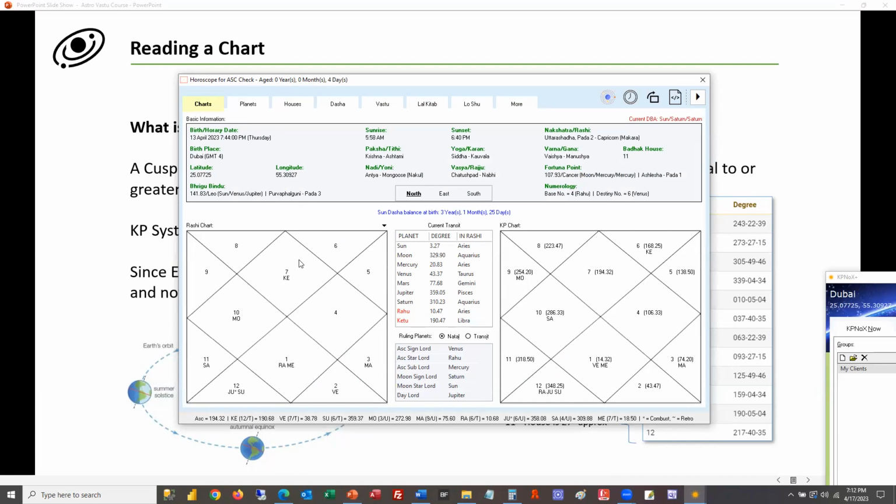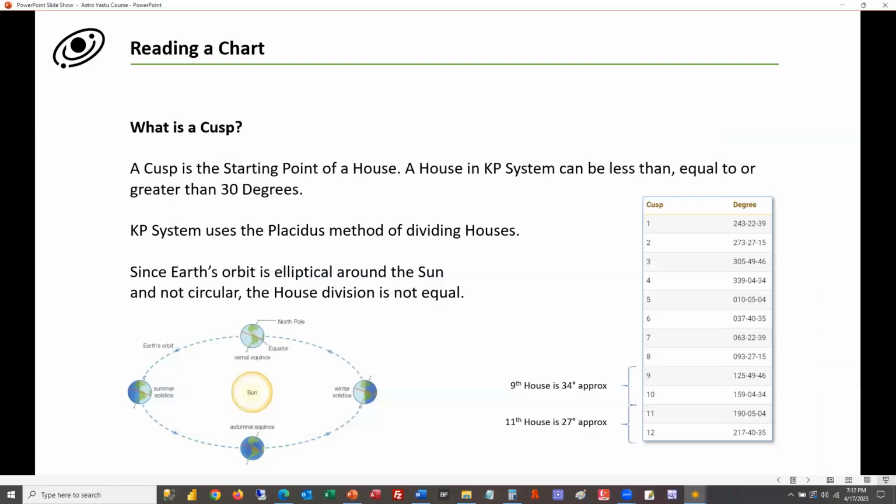Not necessary, because for us the ascendant is always in the east, the rising. This is the degree. So it doesn't matter. This is just for the graphical position of the ascendant. I understood, this is only for graphical representation. So the ascendant can actually be anywhere in those 12.